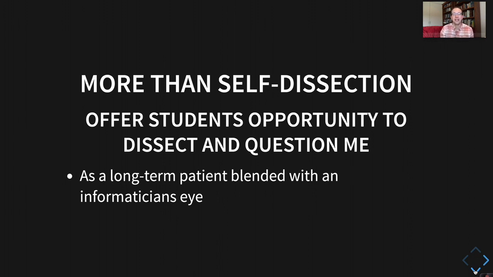long-term patient history. I obviously don't remember my birth, but my first cancer, which I remember quite well, goes back to 1976, and I have been continually treated since then for a variety of medical issues, including 3 other cancers. So I have this long patient history, and for the past 20 to 30 years, this has been blended with an informatician's eye looking at the process and analyzing the process.